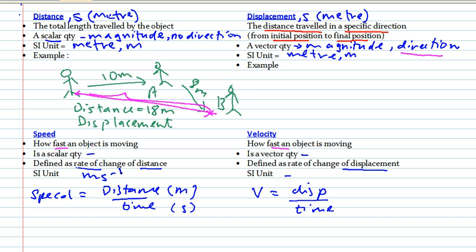Okay, so I hope that's clear for you. What is the difference between these